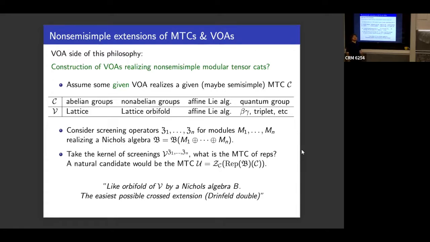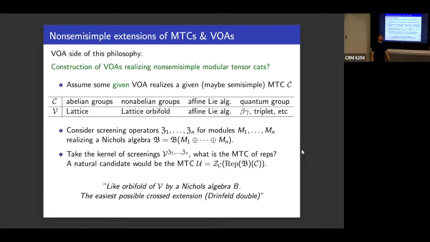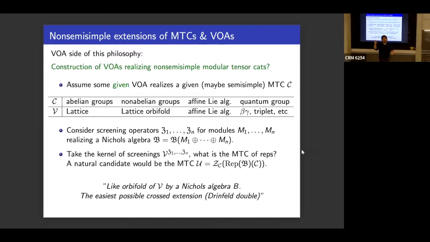Why is it natural? Because I find it natural. I will give you some reasons afterwards. So the idea is a little bit like orbifolding V by a Nichols algebra. So if you do a group orbifold, you somehow extend by G rep and by G vect. And the effect, if you look in the examples, and I will show you the rest, somehow it's the same. So you add twisted sectors, but now not twisted by group elements, but somehow they feel like twisted sectors by the Nichols algebra roots. And then you add an action of the Nichols algebra, and somehow that gives you this double construction.